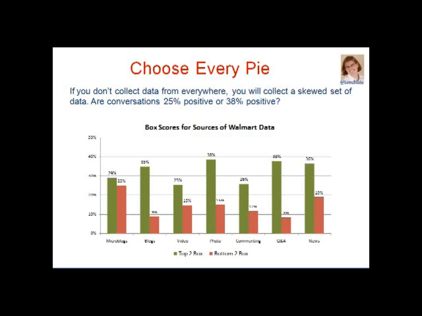But what if you'd only gathered data from blogs? Your conclusions would be vastly different. Now you would determine that about 35% of conversations were positive, whereas only 9% of conversations were negative. So what's the right answer here? We can't really say that one or the other is the right answer. Each of them reflects the individual source where the data was obtained, but it can't be generalized to other users